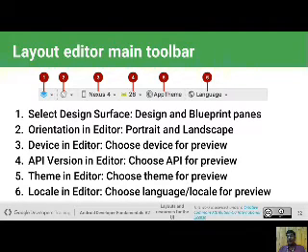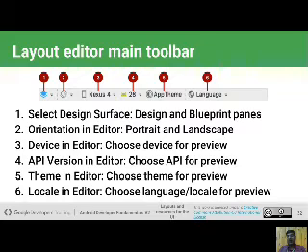Second is orientation in editor. If you want to set a landscape design, you click that. By default the portrait layout is visible, but if you want to change to landscape, you click this. Next is device in editor. Choose the device for the preview.